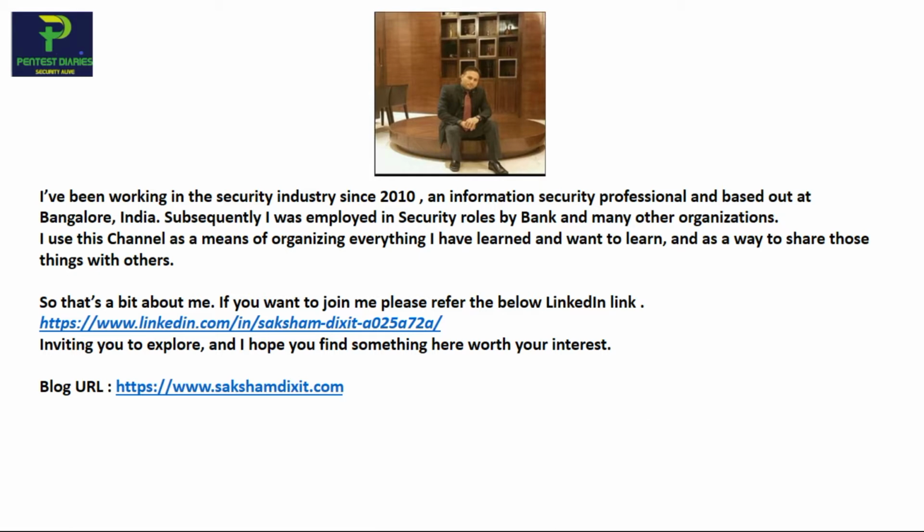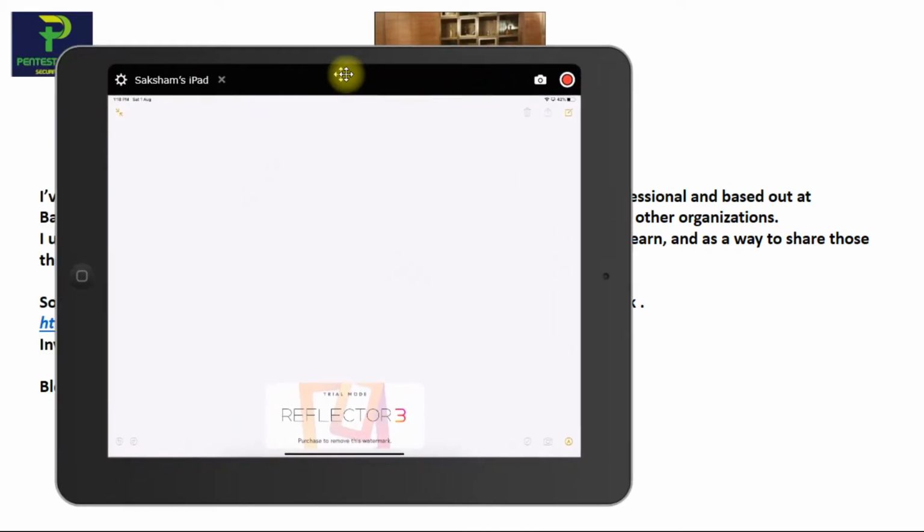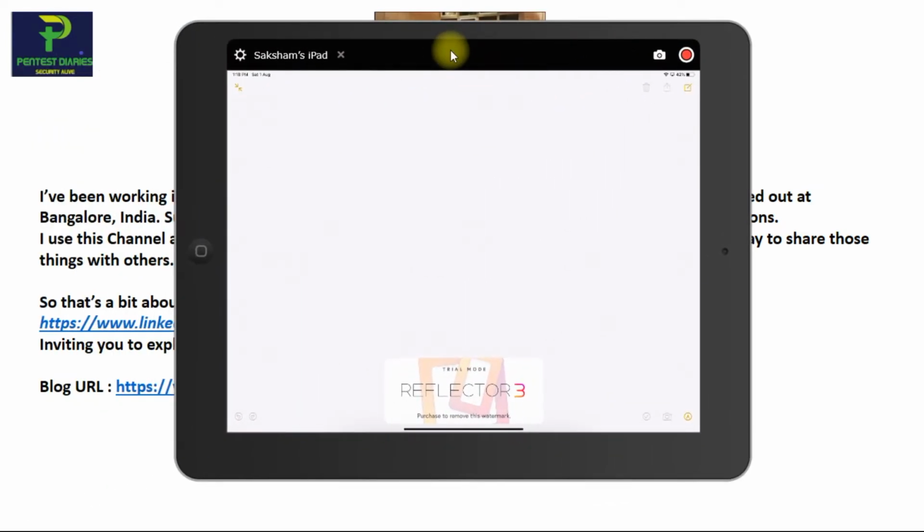So now let's start with today's topic. First of all, as we already covered local administrator rights and Windows injection exploits, now what can we do when we have local administrator rights on a system? Before proceeding further, first of all, I'd like to tell you what exactly the lab setup is in which we try to enumerate the domain controller.